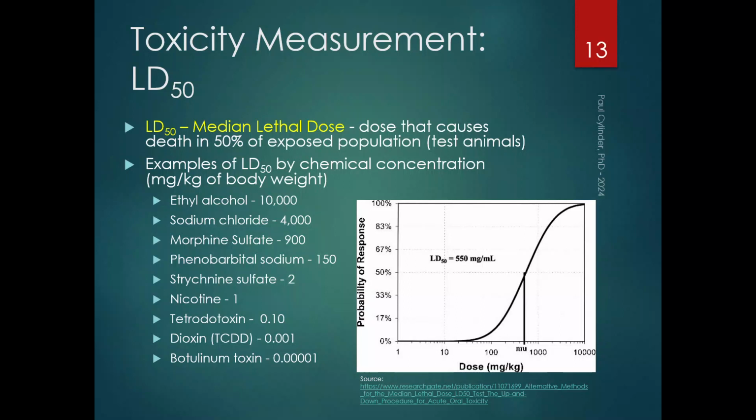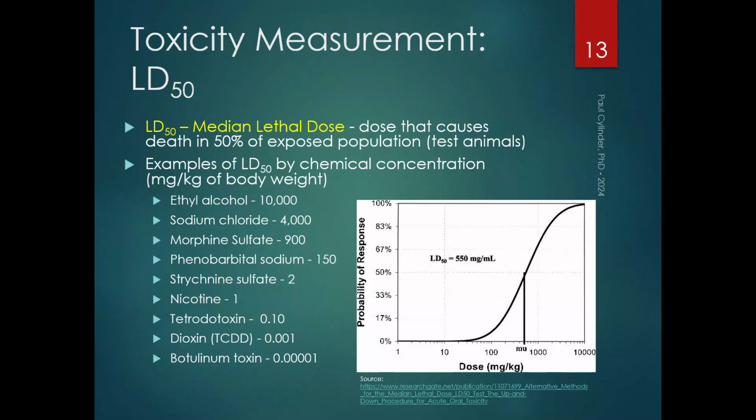Okay, so here are some examples of toxicity levels as measured by LD50 for different toxic substances. First one being alcohol, right? Ethyl alcohol, in milligrams per kilogram, you need about 10,000 milligrams of ethyl alcohol per kilogram to reach a 50% mortality, an LD50, for the organism tested. Sodium chloride, table salt, can be lethal if given at a high enough concentration. So many substances we don't think of as being toxic, like salt, but if we're given a large enough dose,